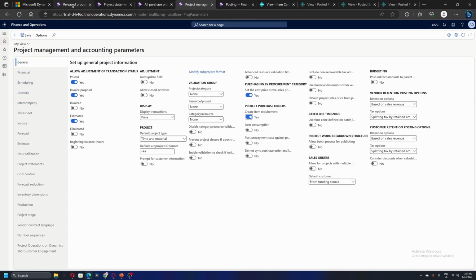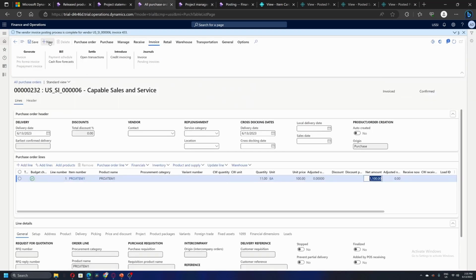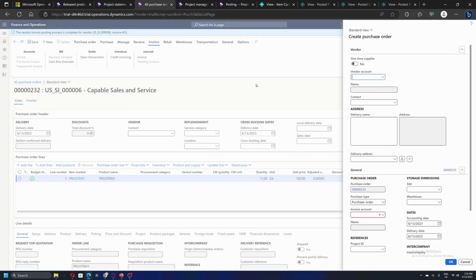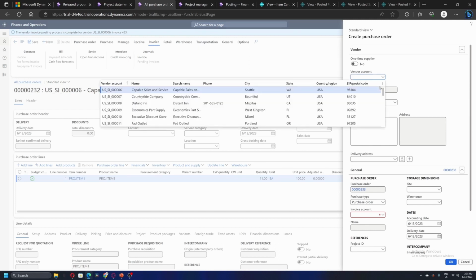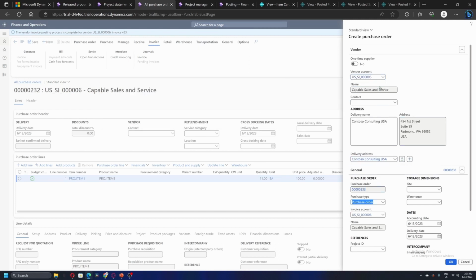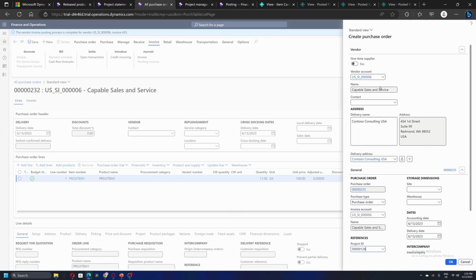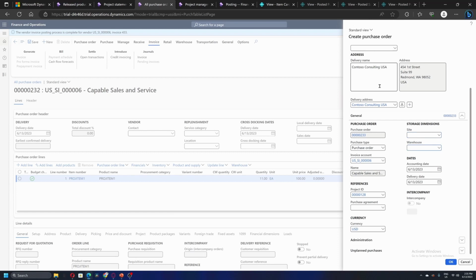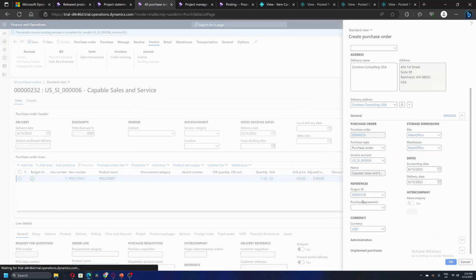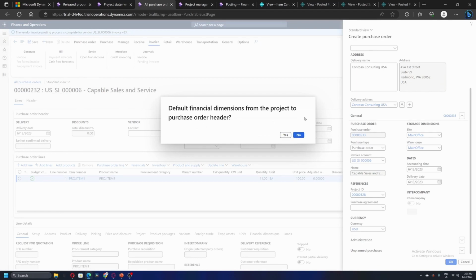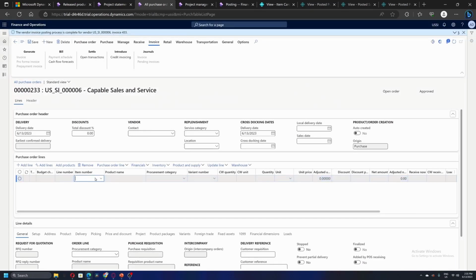Now again, if I go and create a new PO for the same project, I am repeating the same transaction. I'm creating a new purchase order with the same item.